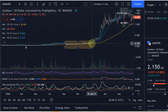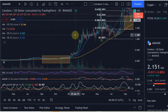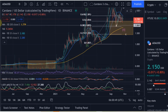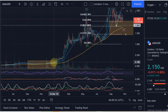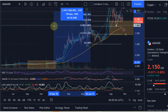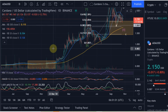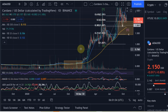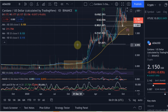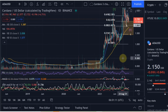But then, obviously here in January, it kicked off, right? It was pretty much like the 1st of January or something, you know, it started, and that's what you don't want to miss. These price increases, like, you know, 1,300% increase, you know, in just 5 months. So again, I think it should really be earlier this year, because I think we're gonna see the peak of the alt season at some point in January, maybe even February. I think rather January. So it should start a bit earlier, but